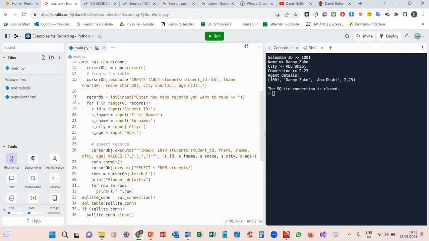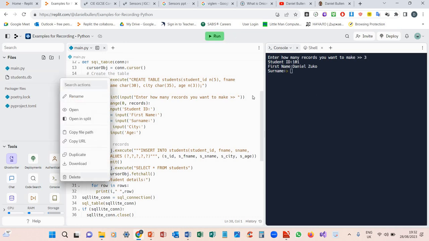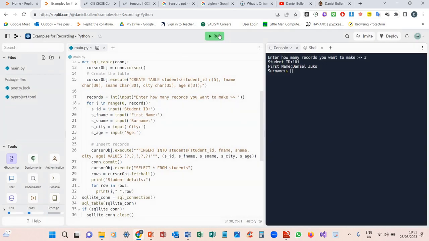So I'm going to show you how it works. So we're going to run it. Right, how many records do we want? I want 3. Student ID 101. Oh no, I'm going to stop that because I have done an error there. Right, let's try that. So I'm going to do 3, 101,